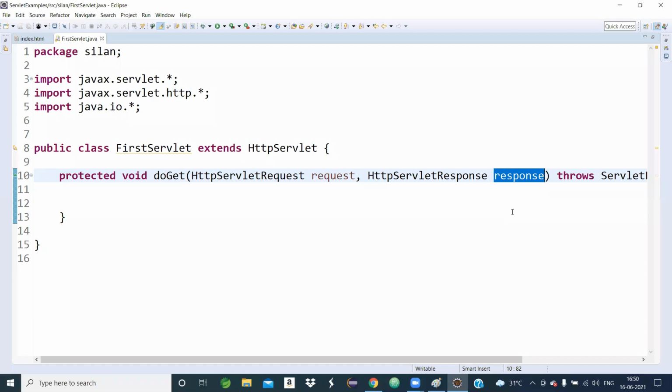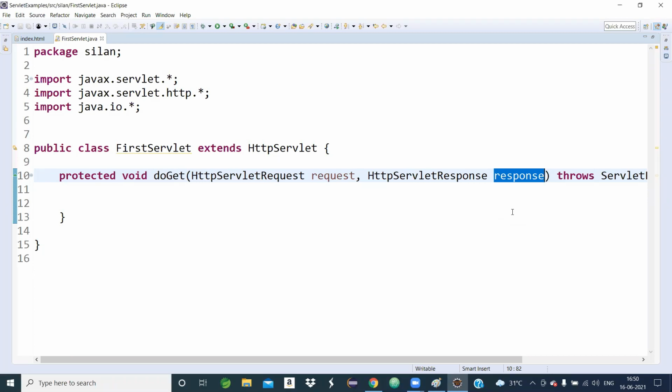It is a service method taking two arguments, and I will repeat this point again. One is a request object, another is a response object.